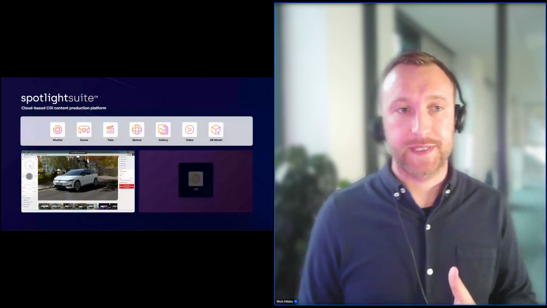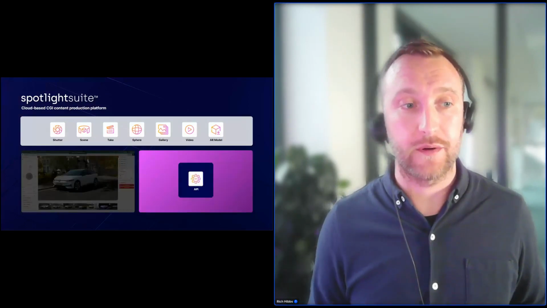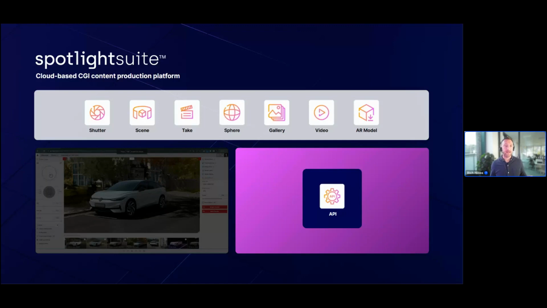So yes, Spotlight Suite is the platform. You have different apps, and we looked at the UI in webinar one. For this webinar today, though, we're going to look at the API. What does that mean? It means that we're able to call all of those assets and more automatically. So when we're starting to look at personalization and automation at scale and really ramping this up and putting it automatically in different touch points in the customer journey, this is how we would do it. We would do it via the API. The UI is for your marketing team and design team to create look and feel or maybe one-off projects. The API drives this at scale. And both of these options, the UI and the API, are available to anyone subscribing to Spotlight via ZeroLight.